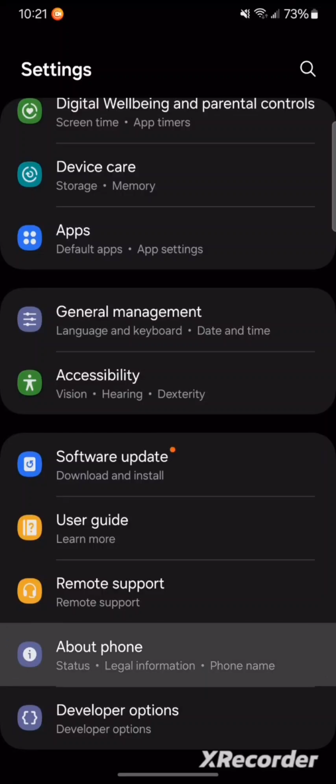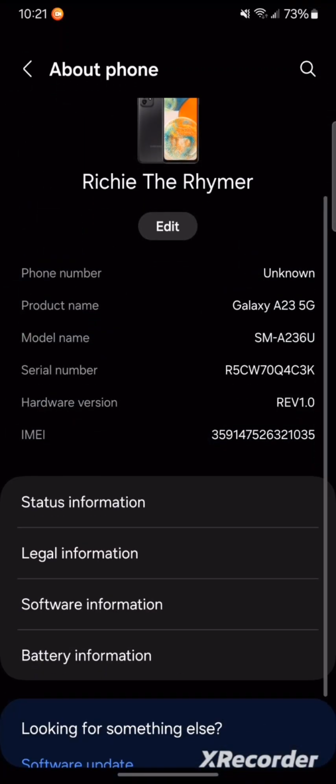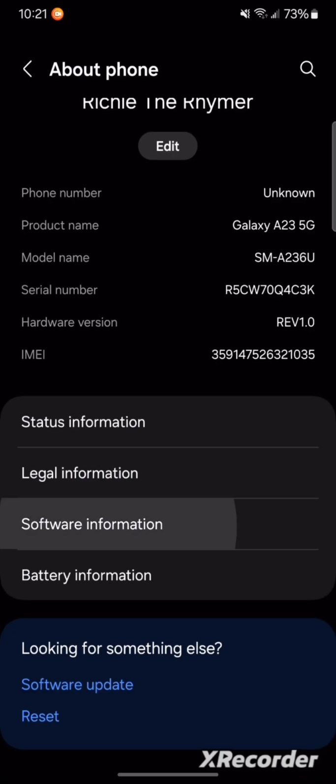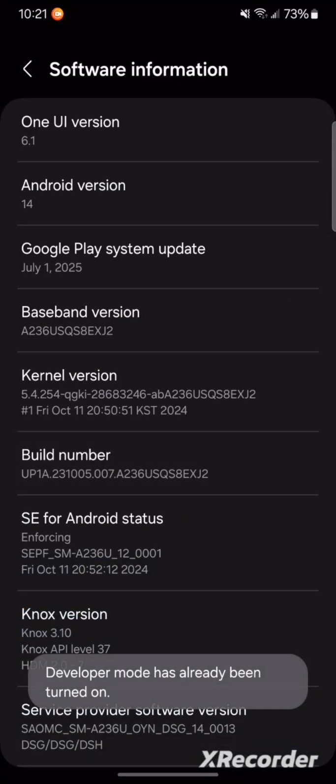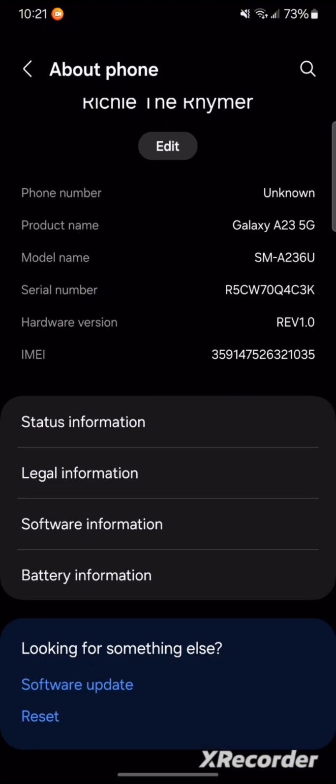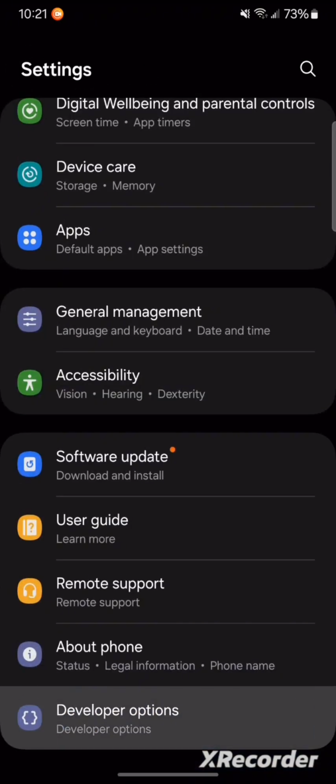Okay, open your settings, go to About Phone. Then you go to Software Information, you tap that, and under Build Number, you tap that 7 times. And this is going to open up Developer Options. For me, I've already done it, so I'll just back out of this and I'll go directly to the Developer